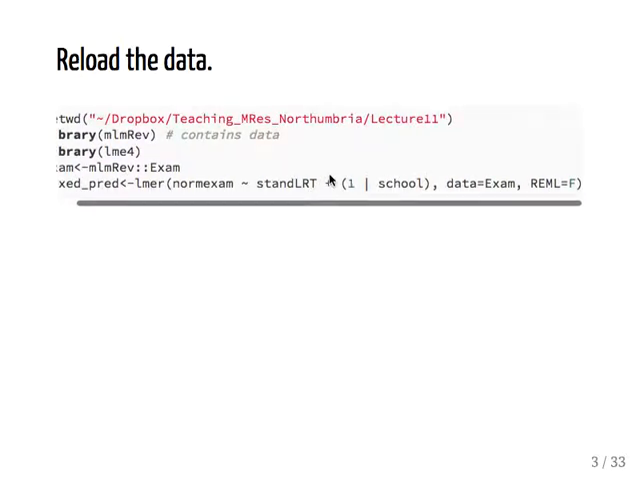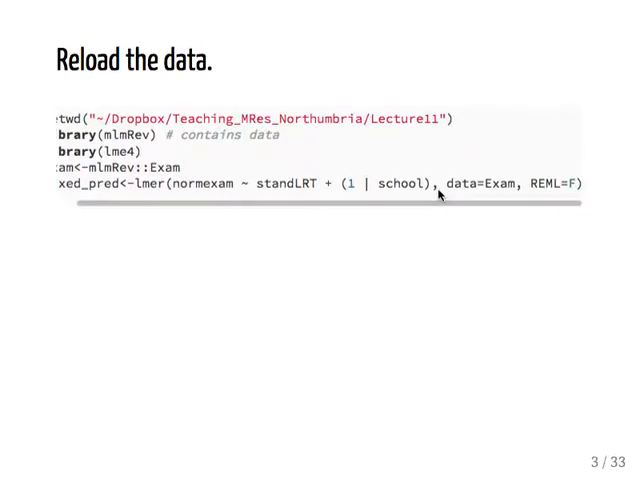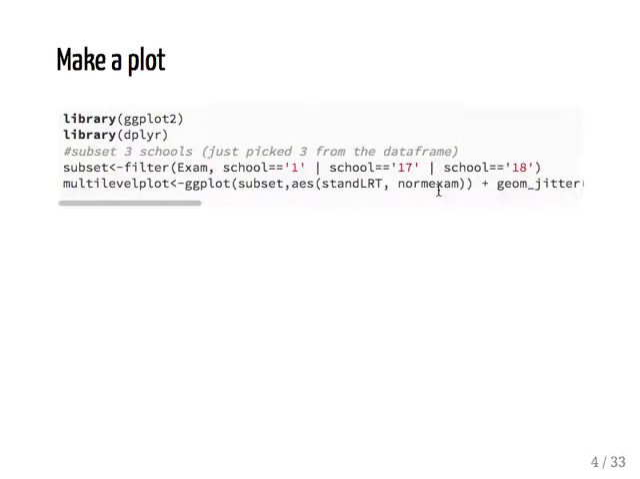So this is just reloading the exam data which we saw from last week, and then we're building a fixed predictor model with a random intercept. So that's the random intercept, yeah. And then we put REML as false, just for this model. We're going to try and make a plot, and because there's 65 schools in the data, we're not going to show